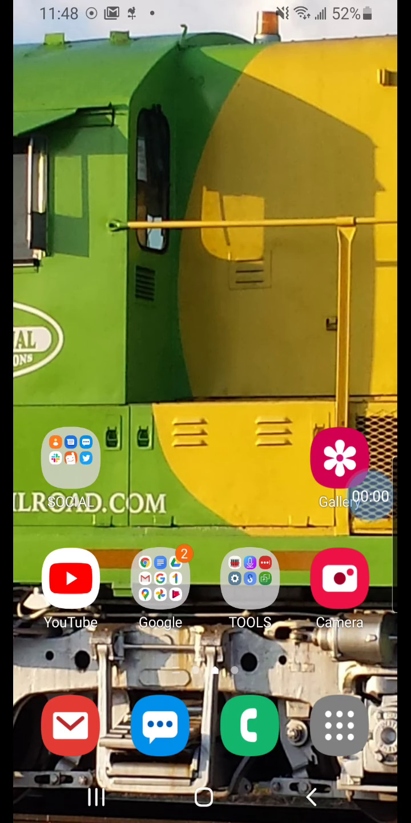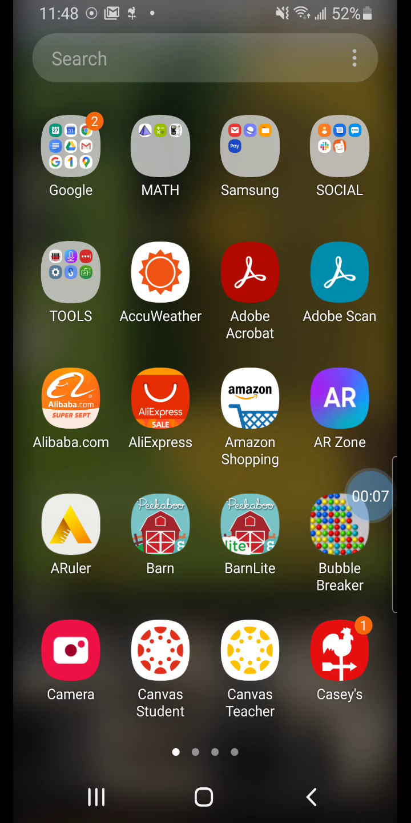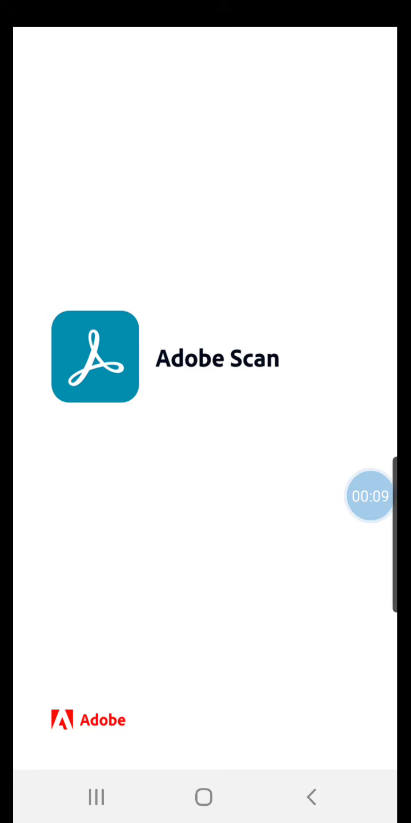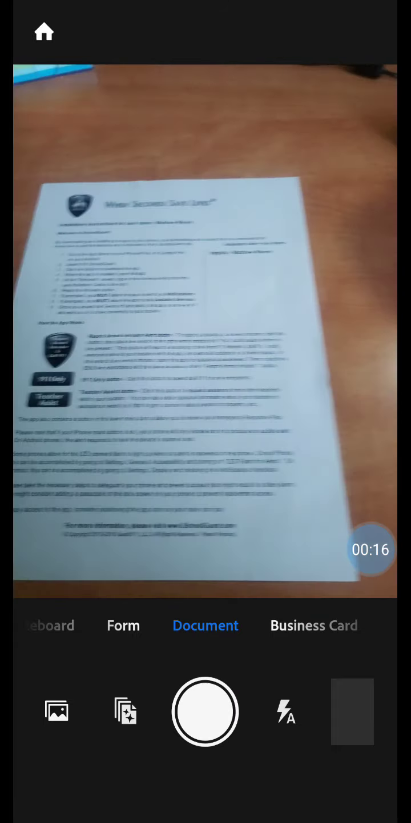Hey everybody, let's go ahead and use Adobe Scan. So I'm going to go to my apps and find Adobe Scan. There it is. All right, now Adobe Scan allows me to take any sort of document and I just take